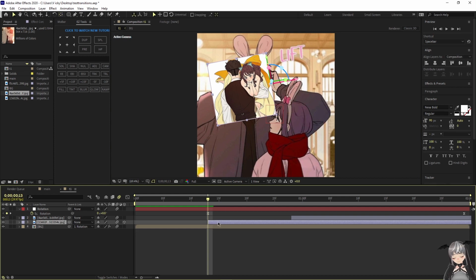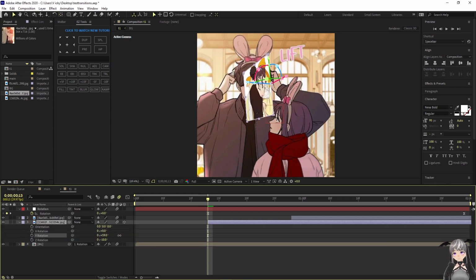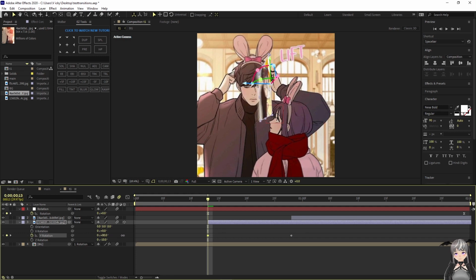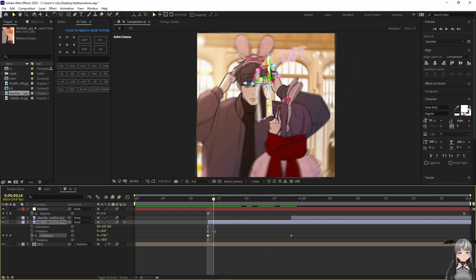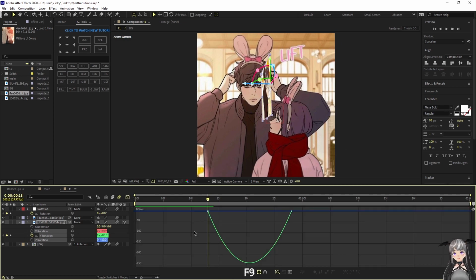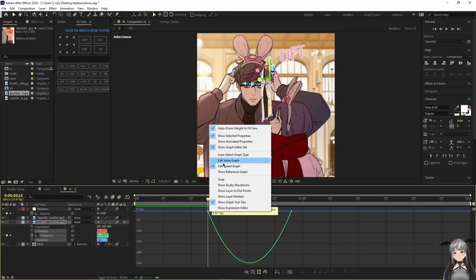Now what we do is press R to map the rotation. We need the Y rotation. So what I do is press on the stopwatch on Y rotation and set it there where the second clip appears, and then at the start I'm gonna set it to 80. That's like this. And then I mark the keyframes, press F9, go to the graph editor,